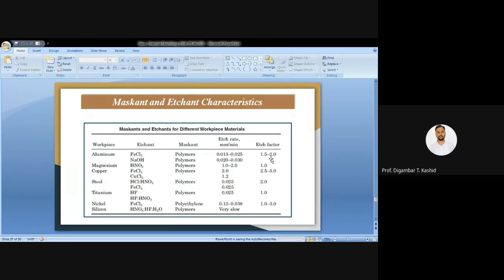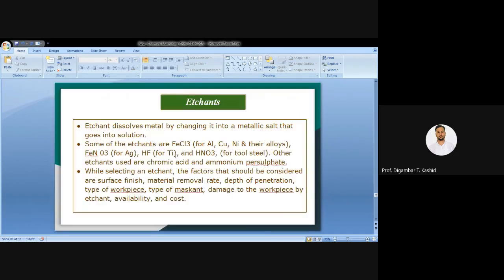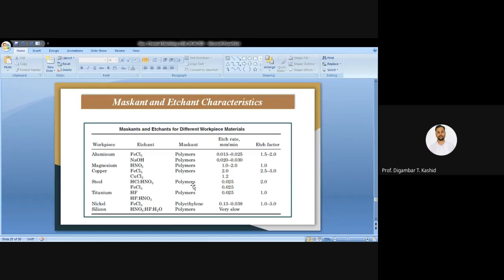Now yesterday I told that the etch factor means the ratio of undercut divided by your depth of cut. Likewise, for different workpieces we can use different etchants, and different maskants are also used. So take one minute just to see this.